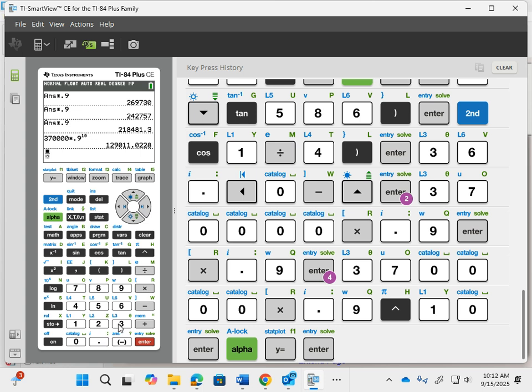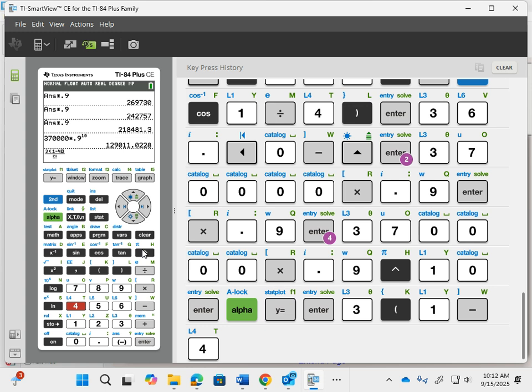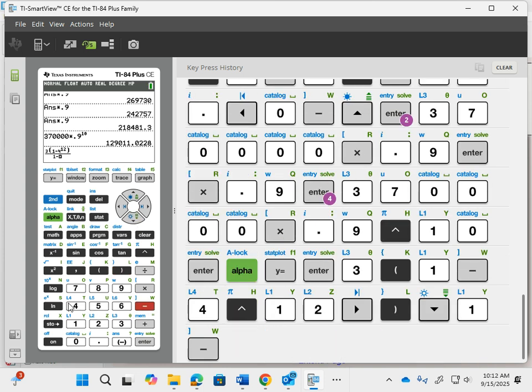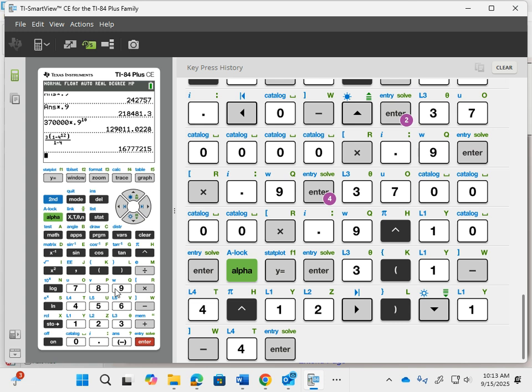So what did I have? I had 3 bracket 1 minus 4 to the exponent of 12, close that bracket, over 1 minus 4, and I don't even have to do the 1 minus 4 in my head, which is negative 3. I can type that in. I can figure out things slowly if I want to, but I can type it in all at once. 16777